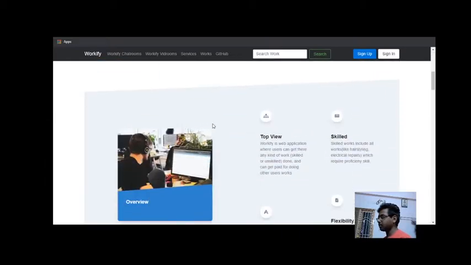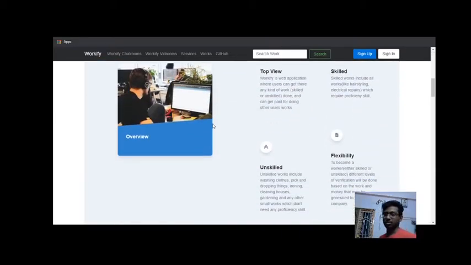Basically the top view is we have users, customers, and they can simply become an agent through a verification process. A customer can post their work on our website, and the agents who are also on our website, if they are interested in that work, will request that particular customer that they are interested. Whenever the customer posts, that is a customer request. Whenever an agent requests, we can take the top 5 agents, or all the interested agents will be displayed. Customers have the flexibility to choose one of the agents for that particular work.